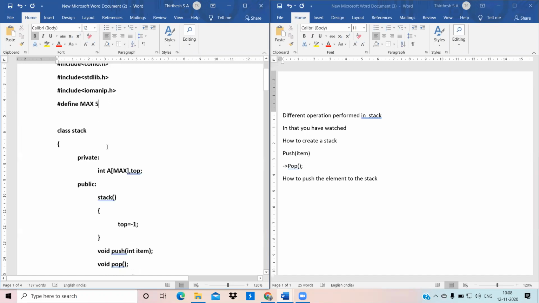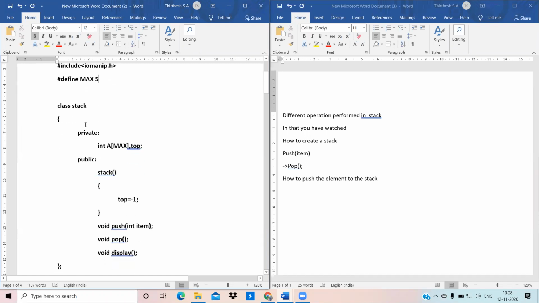The next is we are going to create a class called stack, which has two access specifiers, private and public. Inside private we have declared a[max].